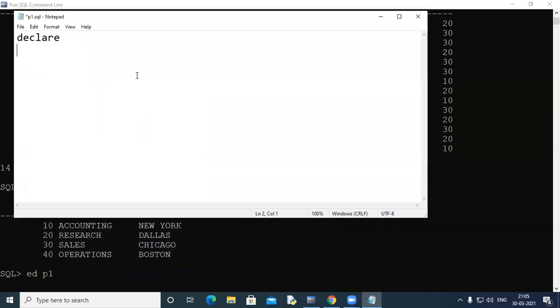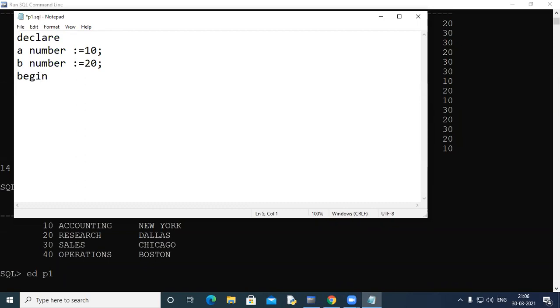So let's write a small PLSQL anonymous block code. Okay, so declare. You can declare variables here. You can also initialize them here, or in the begin block also. Initialization is done with the colon equal to operator, which is the assignment operator in PLSQL.